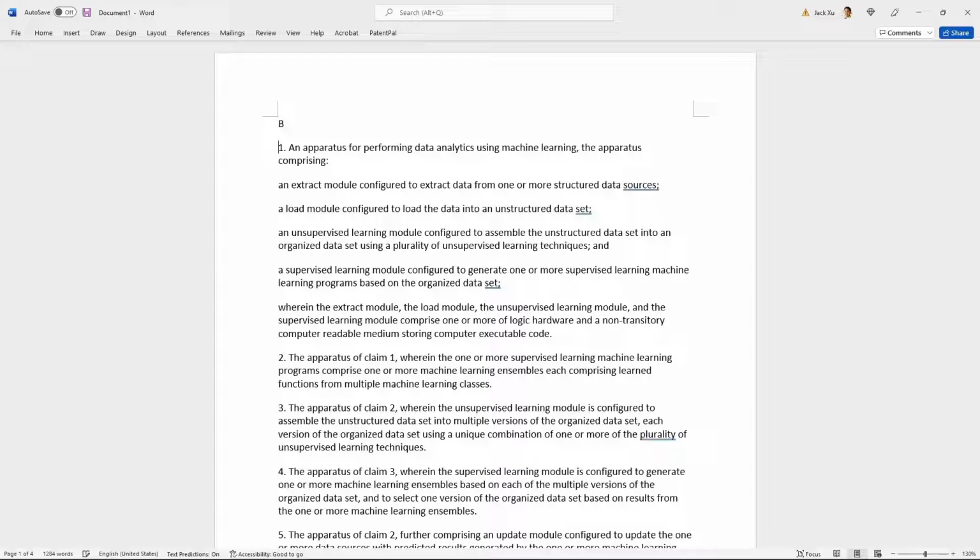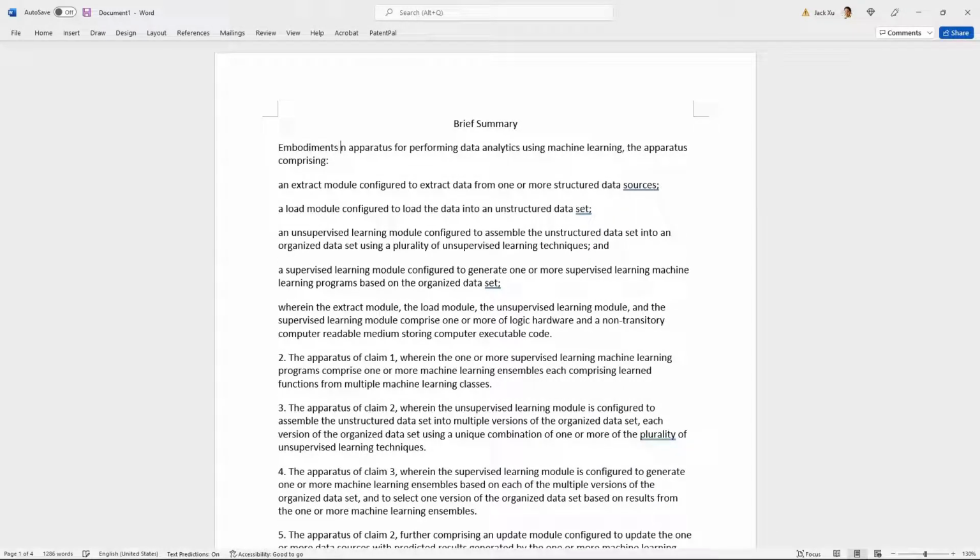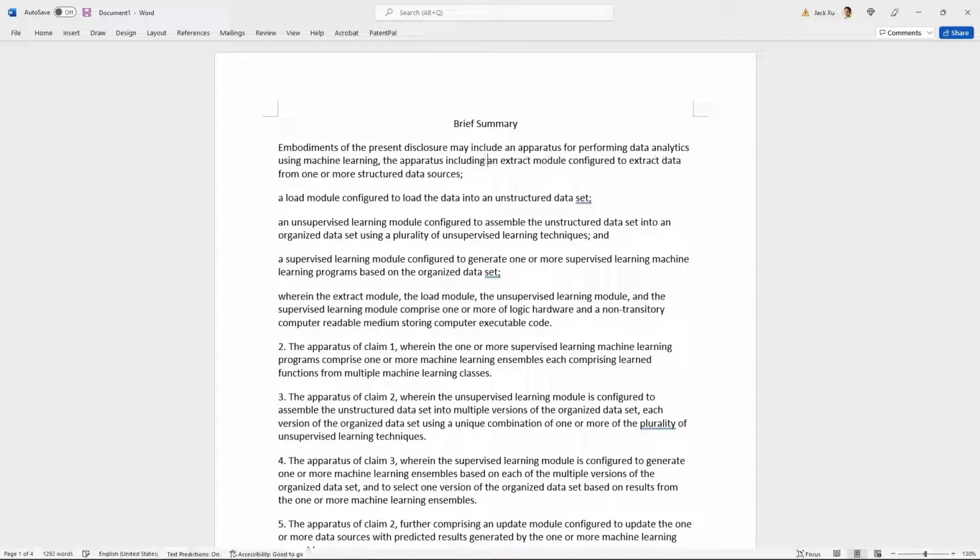So I'll start by adding in the heading, brief summary, and then I'll center the heading. With all of these individual claim elements, I would break them apart into separate sentences and add these non-limiting phrases. So I will say embodiments of the present disclosure may include an apparatus for performing data analytics using machine learning. So I would change comprising to including to make it sound more like prose, and then I'll combine it